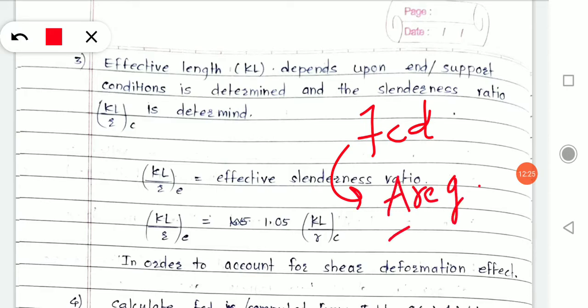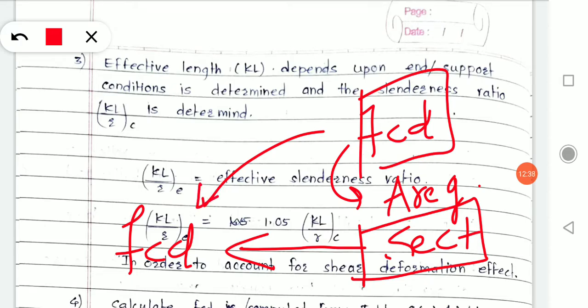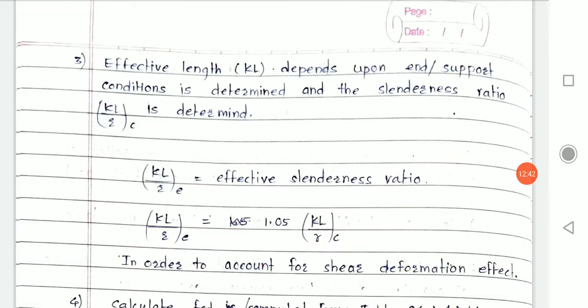Now the section we have selected needs to be cross verified, to check that whatever FCD we assumed is provided by that section or not, correct? To do so, we will take the help of the IS code. There are two ways to calculate FCD.